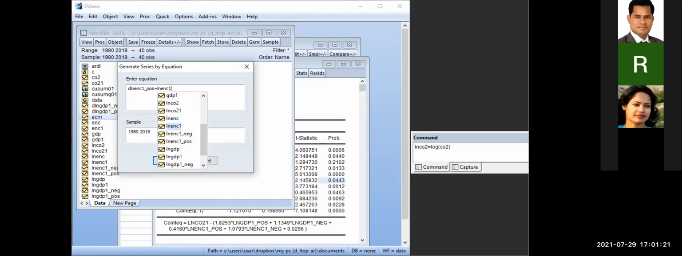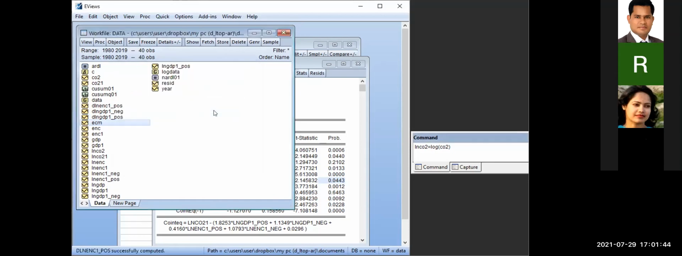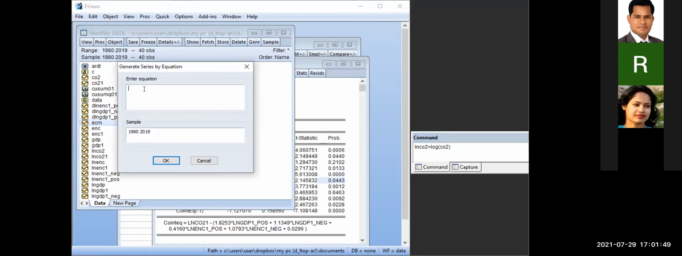Okay, so 1_positive, then negative ln EC 1_positive, then lag 1. Okay, now the last one. The last one is for the negative one. Okay, so D ln EC